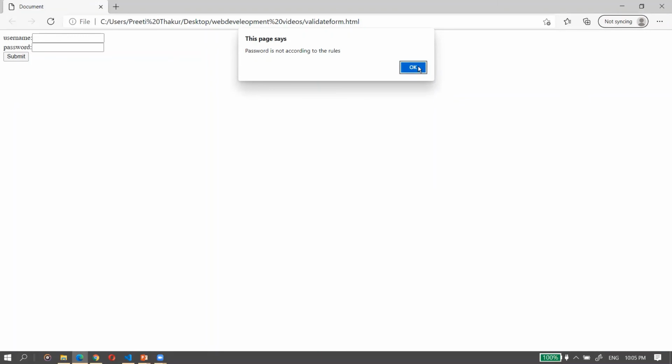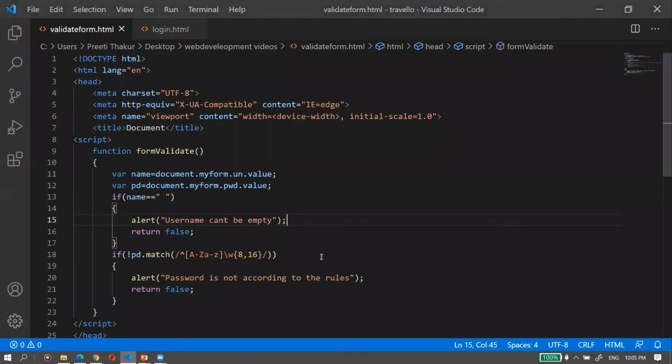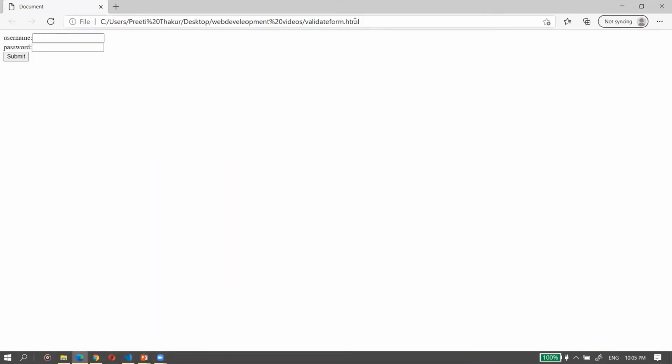I think it is not taking this first username. It should first take the username. Let's check what happened. Okay, if name is blank, so this way, this is blank. Let's check now. So I have not given any username, and now, okay, it is saying username can't be empty, right?